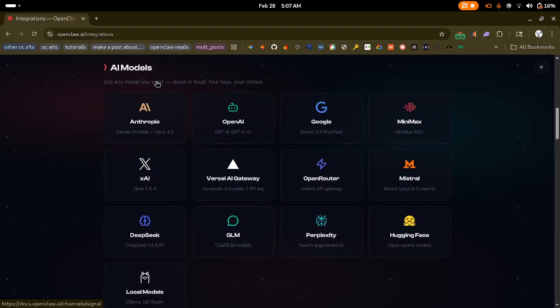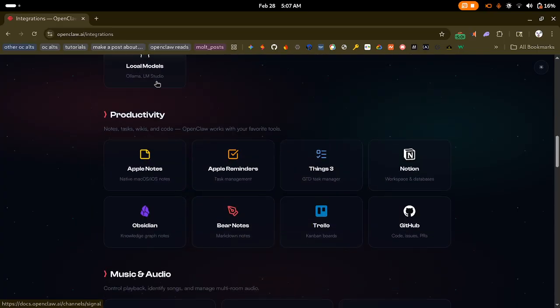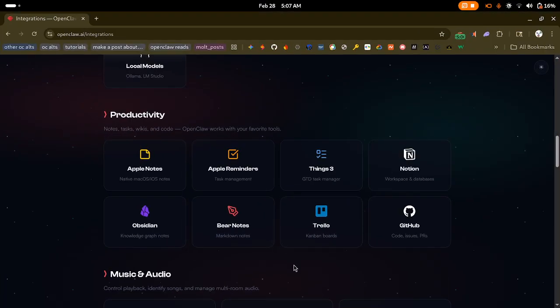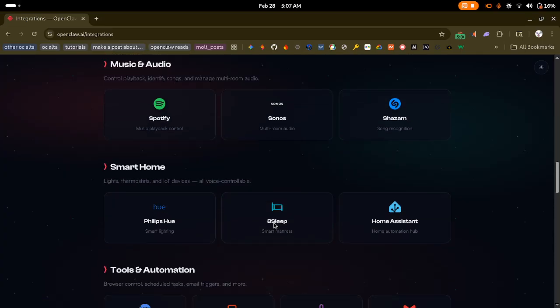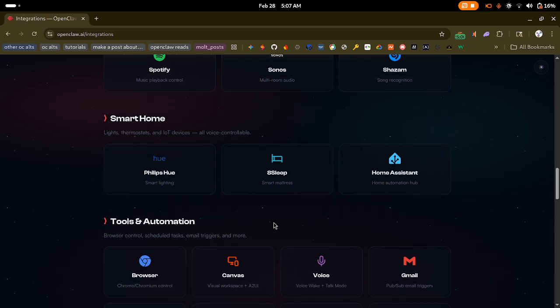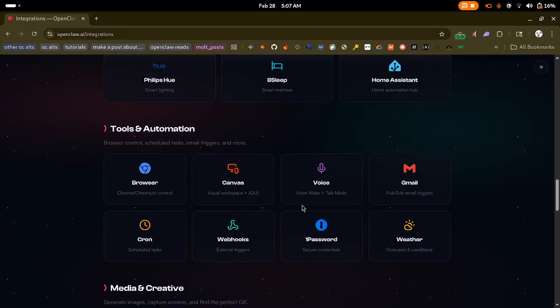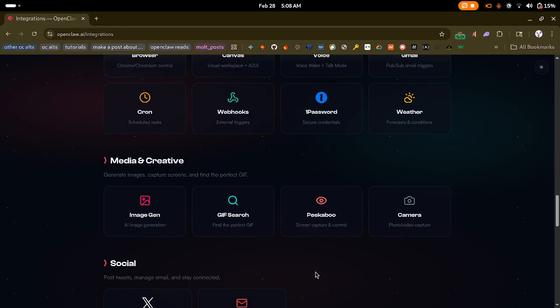But yeah, it's got a lot of integrations and stuff you can do with it, showing you all the models you can connect to, all the chat providers. Yeah, you can connect Git, Notes, Obsidian. I just recently downloaded Obsidian just to hold my notes and stuff. It's been pretty nice. And as you see, you can connect your Spotify and your smart Internet of Things devices. It's got browser control, weather, and